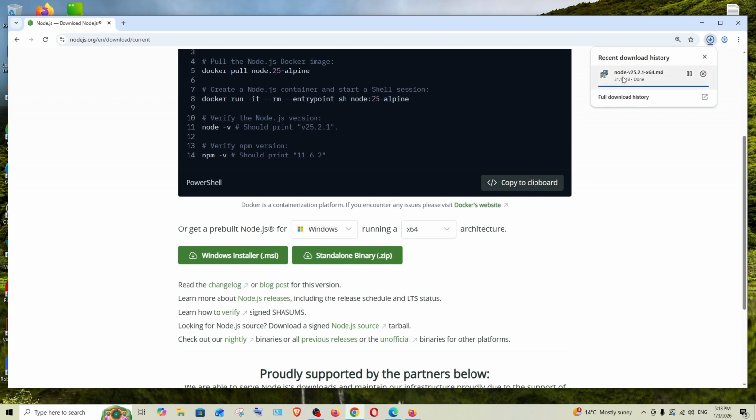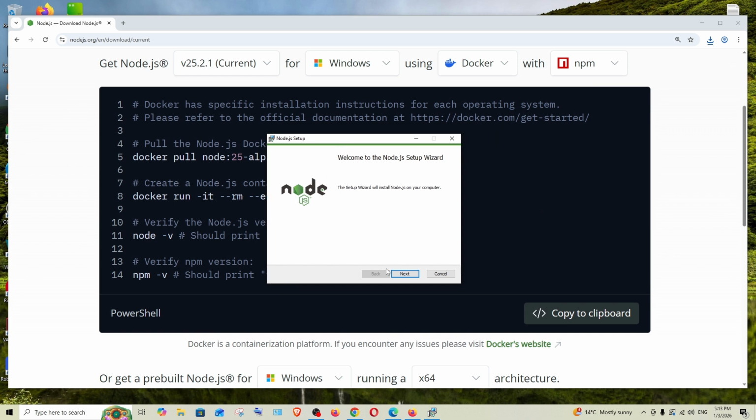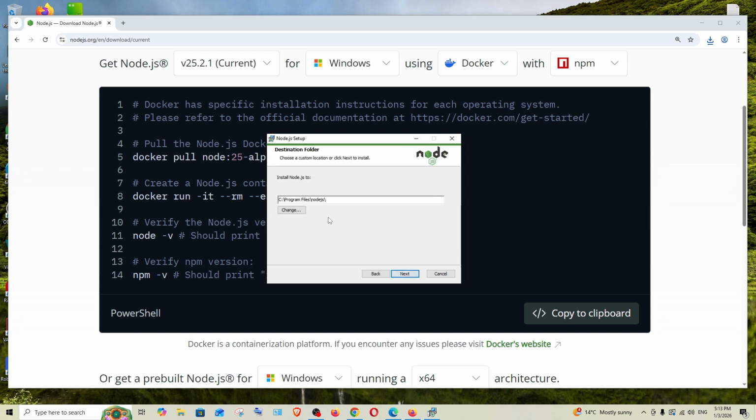Once it is complete, just open it and we'll be getting this Node.js setup. Click on next. I accept, select next, and this is going to be the default location where Node.js is getting installed. If you want to change it, you can click on change to change it. Once you have done that, click on next,